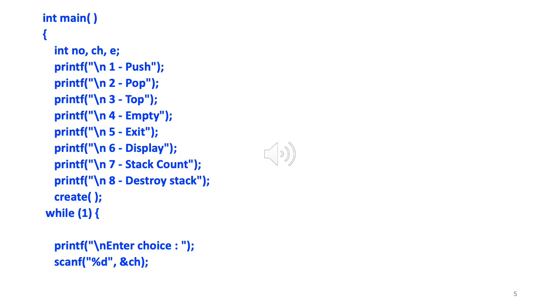Whenever you have a variable, you can get a reference to that variable using ampersand. So the effect will be that whatever the user enters, it will be assigned to ch. And now what will happen, as you can guess, we will be using a switch with ch as the value to check. So we'll see what ch is. If it's 1, then case 1 will execute. If it's 2, case 2, and so on for 3, 4, 5, 6, 7, and 8. If it's neither of these, then the default, which is wrong choice, please enter correct choice, will be executed. So we'll essentially be doing a switch on ch.